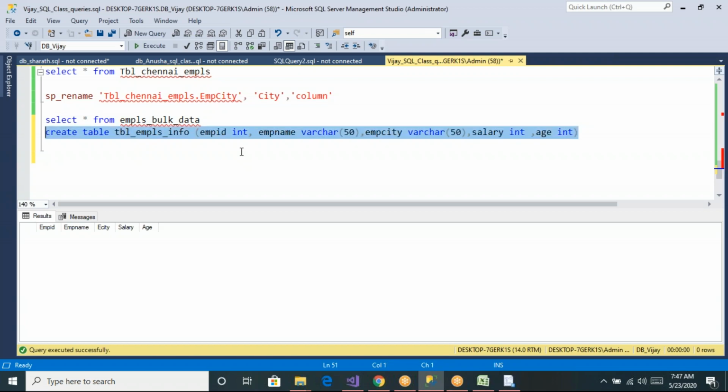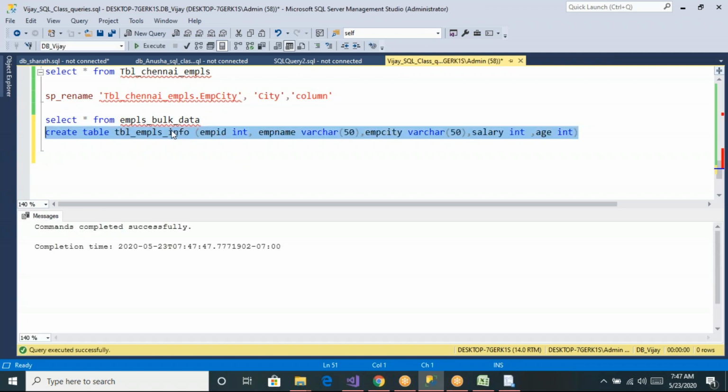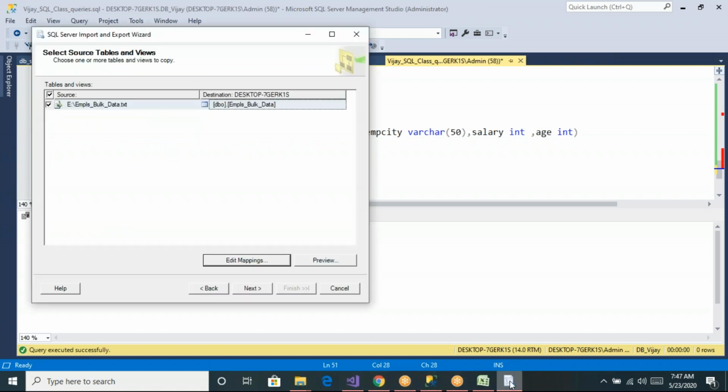So now I'm creating a table, employees info. Now I want to insert into this.